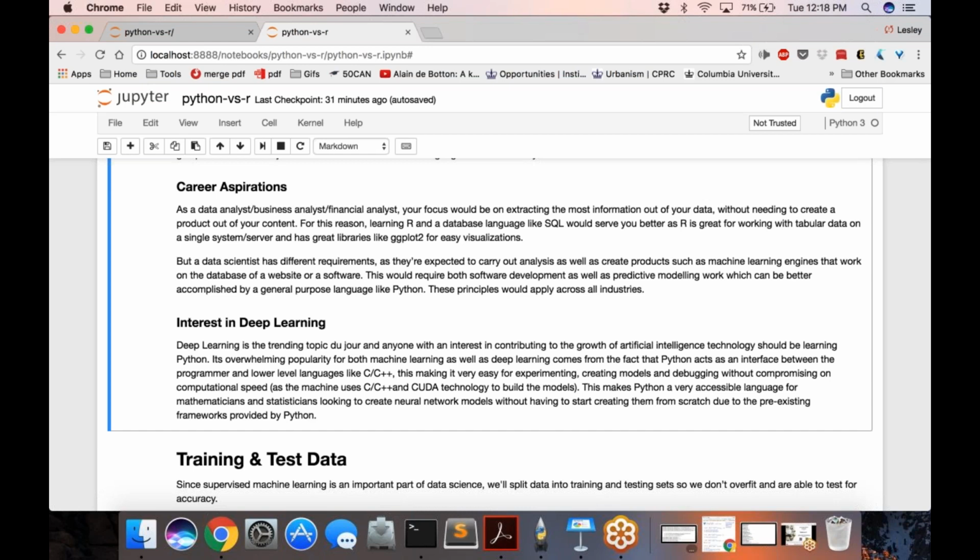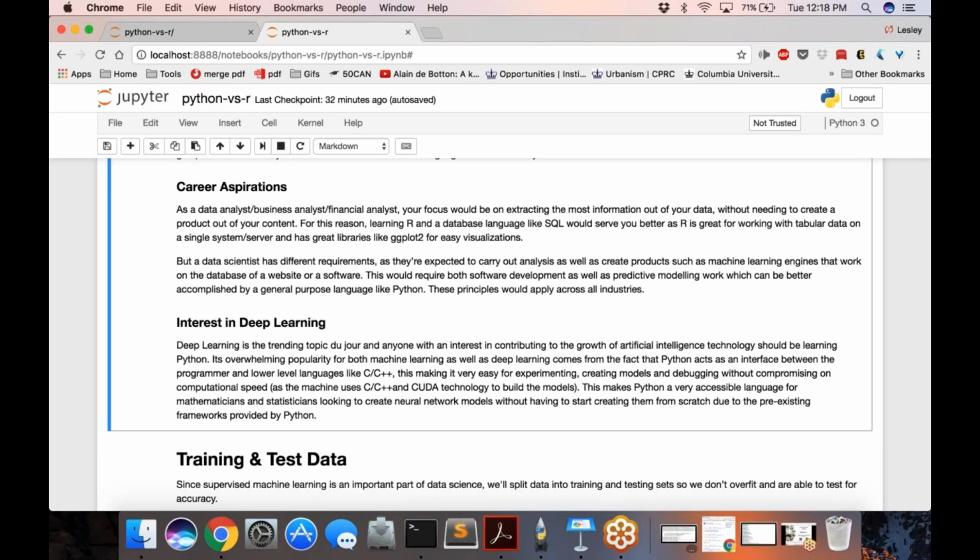Standalone wouldn't be things that will be deployed on a website or some other sort of application. If it's just a standalone analysis, like taking a data set and getting summary statistics or something more statistical, and it's not being put into a product, R is great for that.